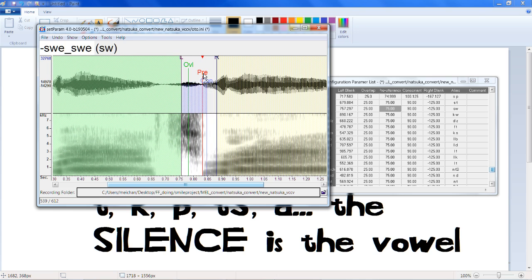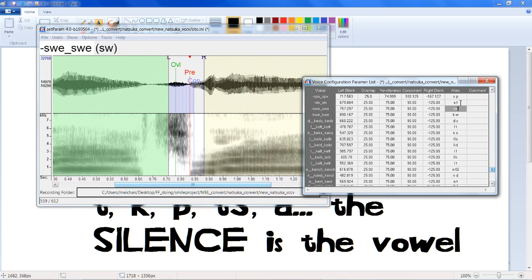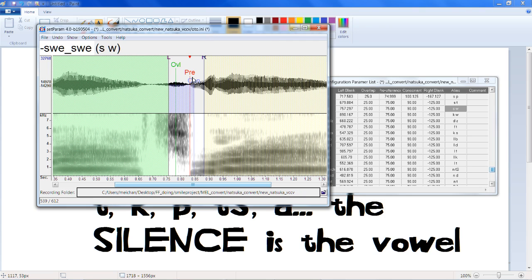And then you just do like this. You see, where does that... I'll have to fix that in every base Oto that was based off of this one. But you'll see where the sh ends and the whoop begins. And that's where pre-utterance goes. And you just put as much of the W as you can without getting in the next sound.